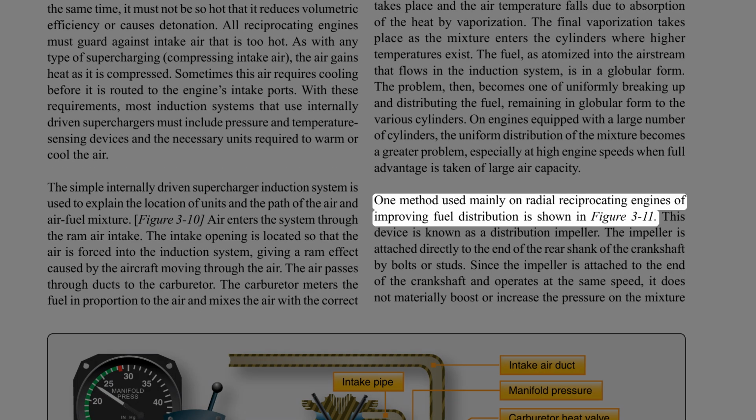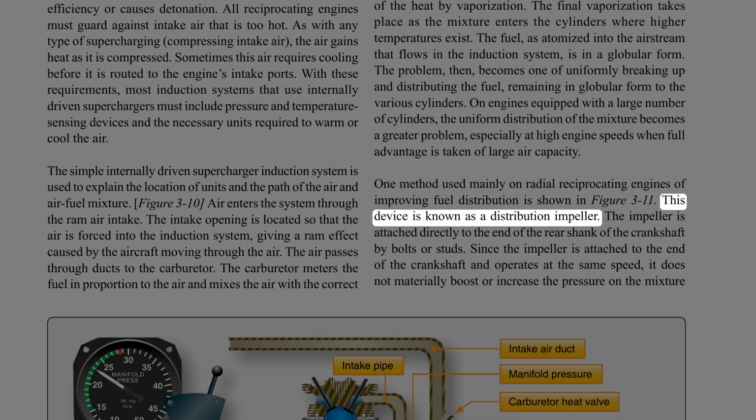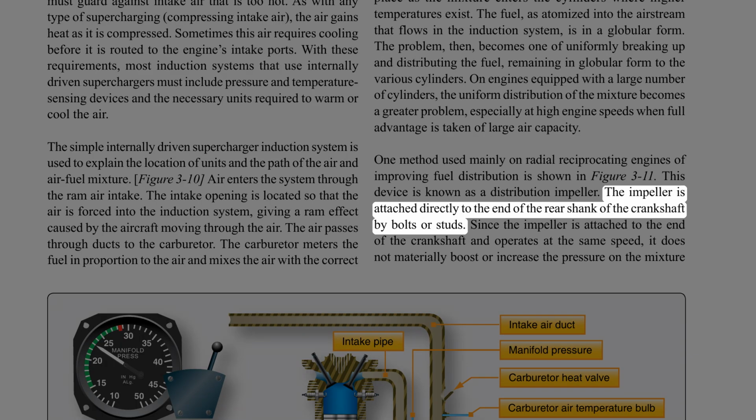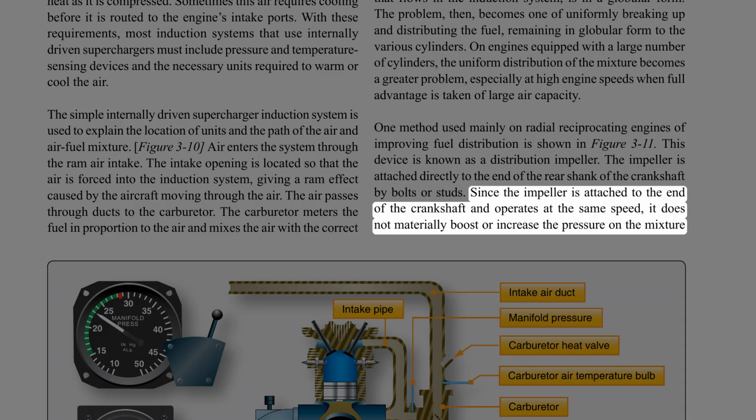One method used mainly on radial reciprocating engines of improving fuel distribution is shown in Figure 3-11. This device is known as a distribution impeller. The impeller is attached directly to the end of the rear shank of the crankshaft by bolts or studs. Since the impeller is attached to the end of the crankshaft and operates at the same speed, it does not